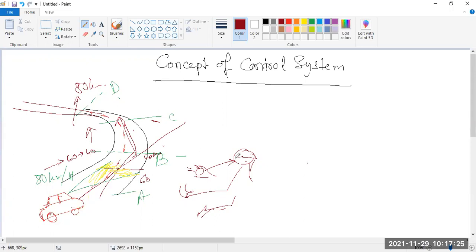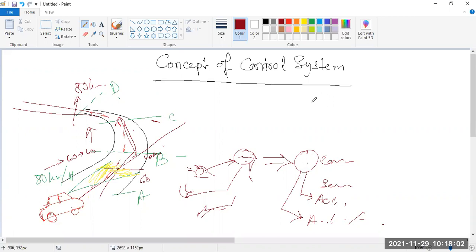Say there is no brain. Whatever your brain is doing will be replaced by your controller, your eye is replaced by your sensor, your hand is replaced by your actuator and valve, and your leg is also given just an actuator, valve, piston, etc. So this is automatic control. Whenever automatic control is there, there must be a feedback and a controller.